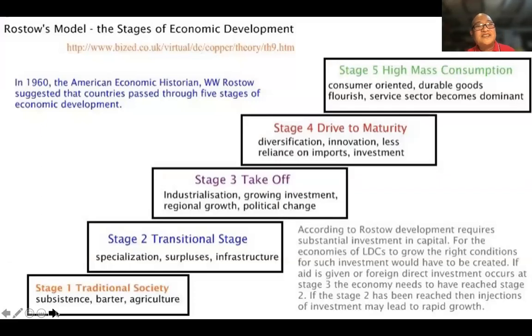Now, in 1960, the economic historian Rostow from the US suggested that countries pass through 5 stages of economic development. And this is quite linear, really. At the first step, economies are in the so-called traditional phase in which they are dependent on subsistence, barter, and agriculture. And this was the general norm at the start of human civilization. Then later on, at the so-called transitional stage, when there's specialization and surpluses, infrastructure,